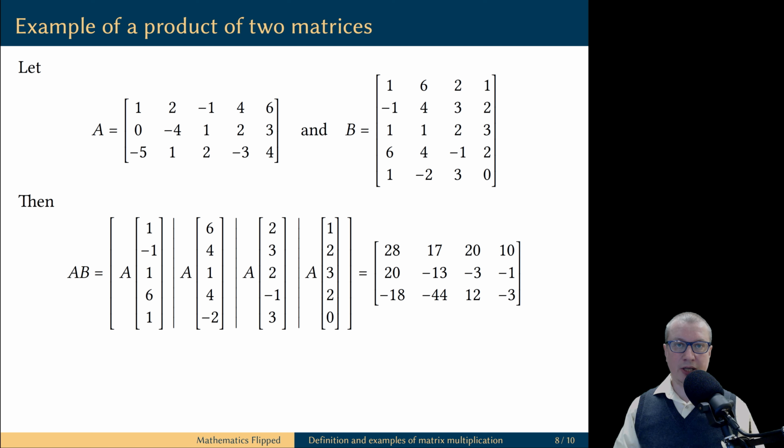Here is an example of a matrix multiplication. We have a 3 by 5 matrix A and a 5 by 4 matrix B. Notice, for the multiplication to be defined, the number of columns in the first matrix must equal the number of rows in the second matrix. So the matrix A has 5 columns and the matrix B has 5 rows. But the size of the product matrix is defined by these outer indices. It is the number of rows in the matrix A and the number of columns in the matrix B. The product matrix has 3 rows and 4 columns.